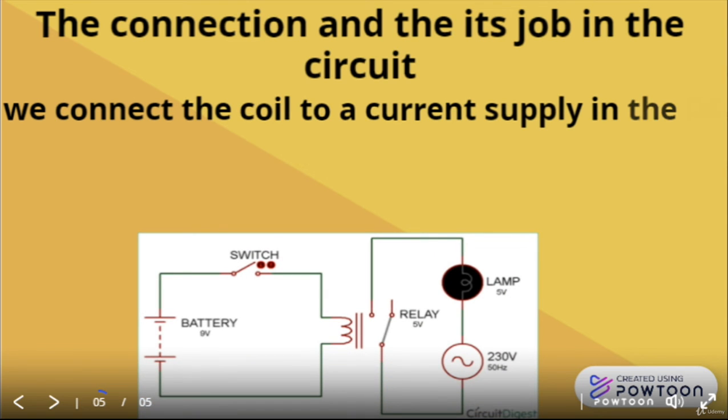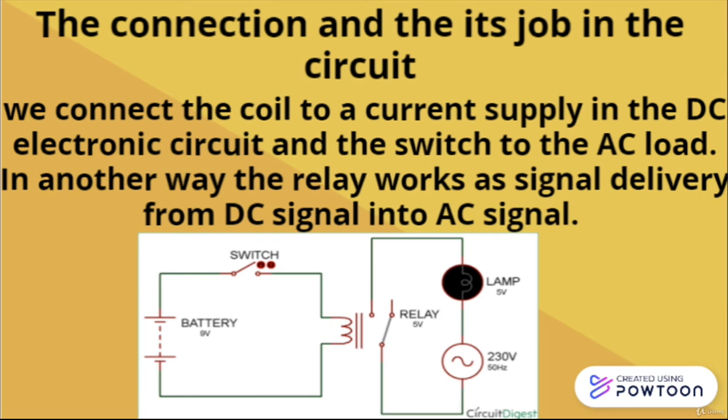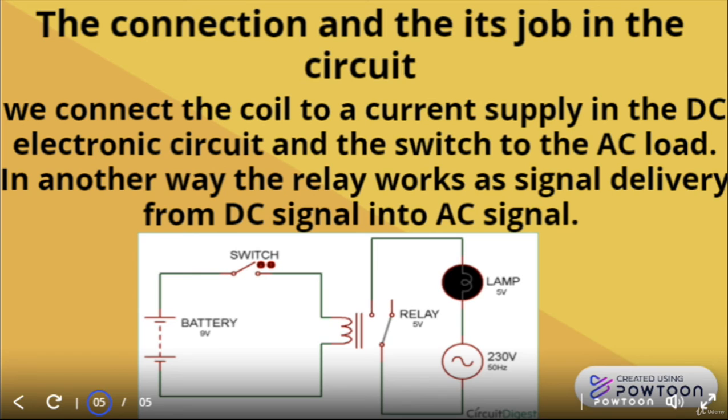The connection and its job in the circuit. We connect the coil to a current supply in the DC electronic circuit, and the switch to the AC load. In another way, the relay works as a signal delivery from a DC signal into an AC signal, which means that this is the DC circuit and this is the AC circuit. If I give a DC current into the coil using the switch, the coil will pull